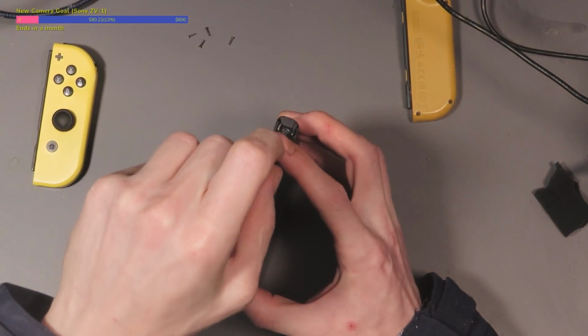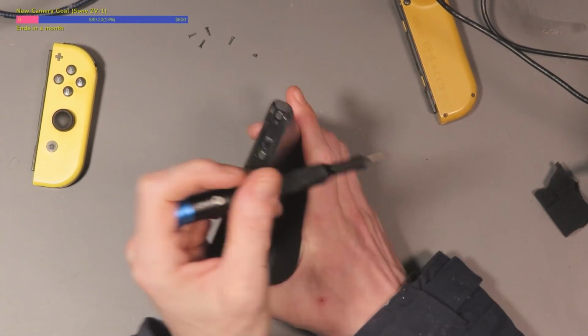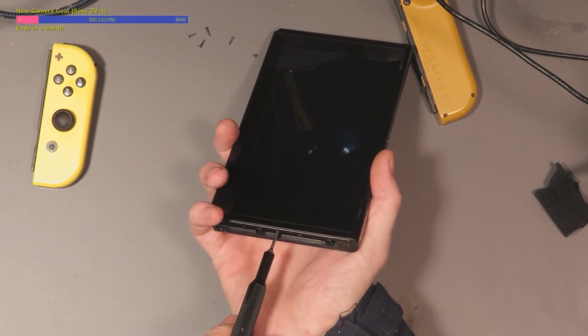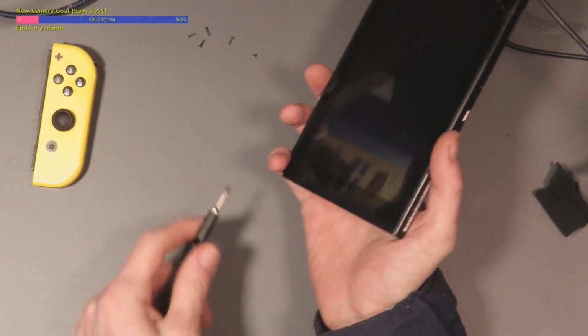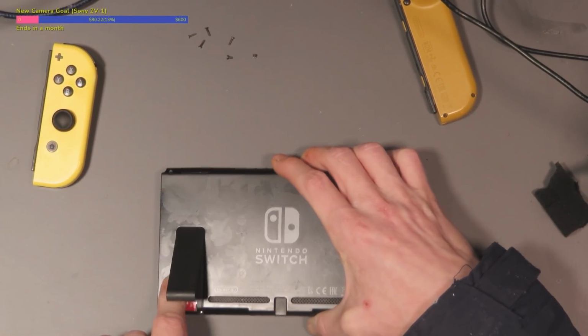So I can say to them, well, okay, I haven't got to disassemble it again because it's already on the bench, it's already disassembled. So I'll charge you, let's say for example, my charger port price for the Switch is £60. If I've already got it open, I can say, alright then, I'm already doing another job, I'll add £30 on